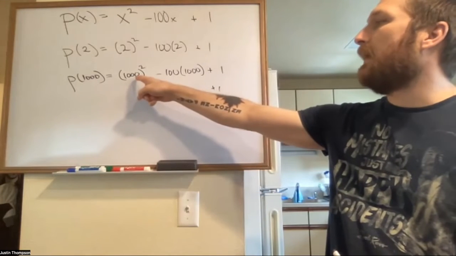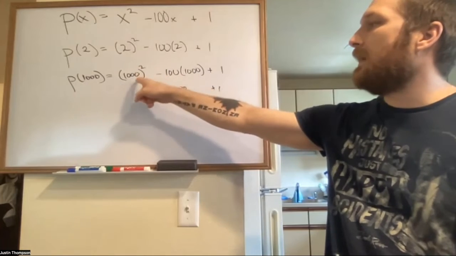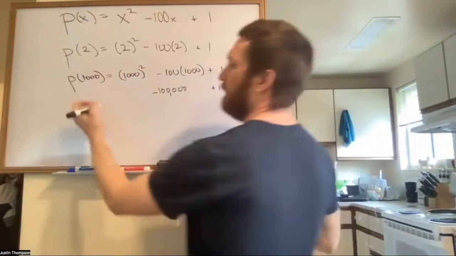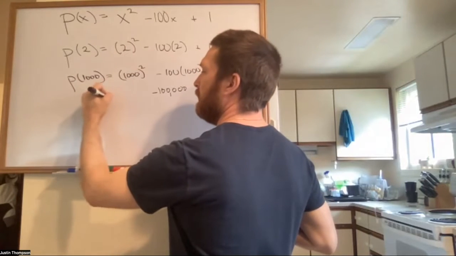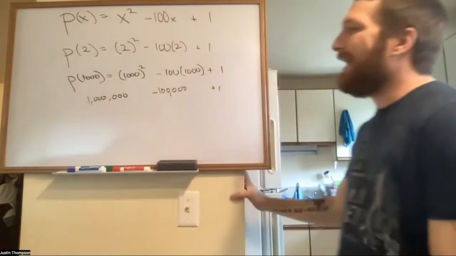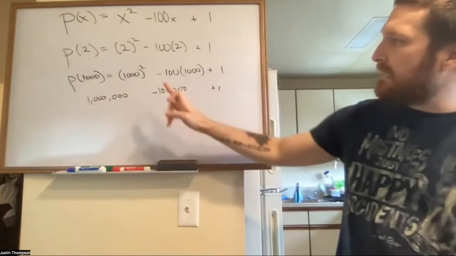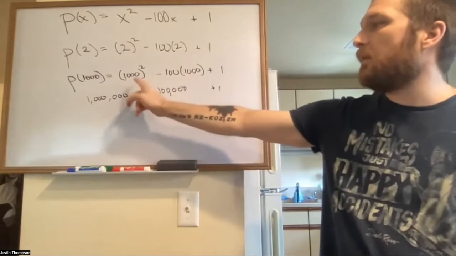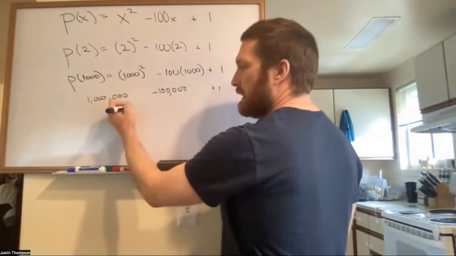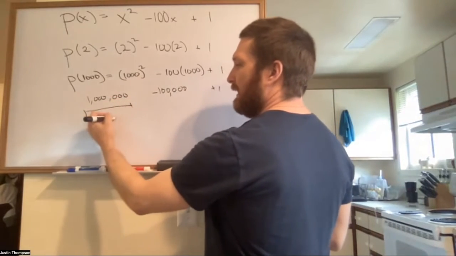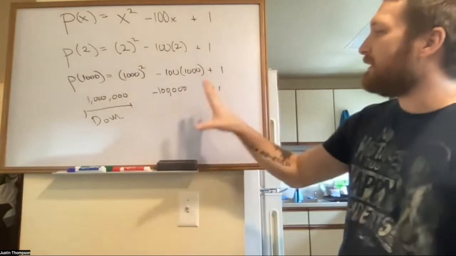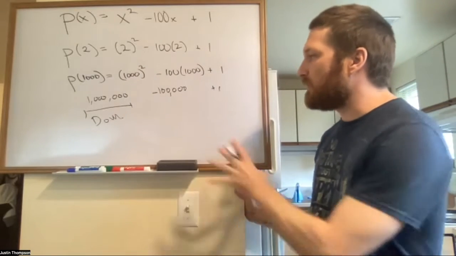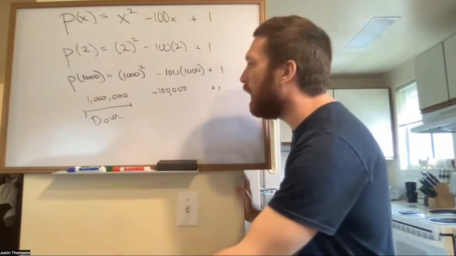Now we can see what's about to happen. 1,000 times 1,000 is a 1 with 6 zeros after it, or 1,000,000. Now this term, the squared term, is starting to dominate the entire expression. If we add all of this up, we'd have 1,000,001